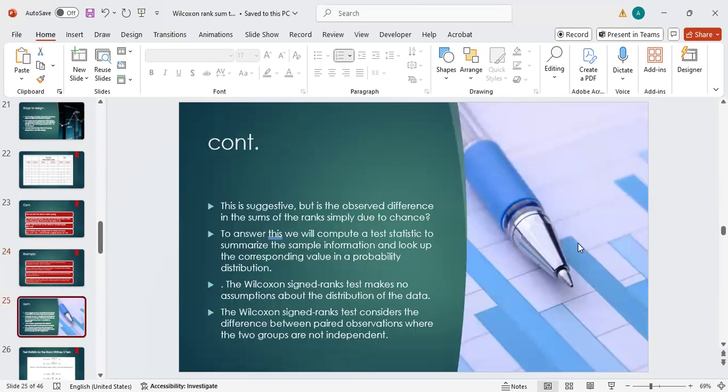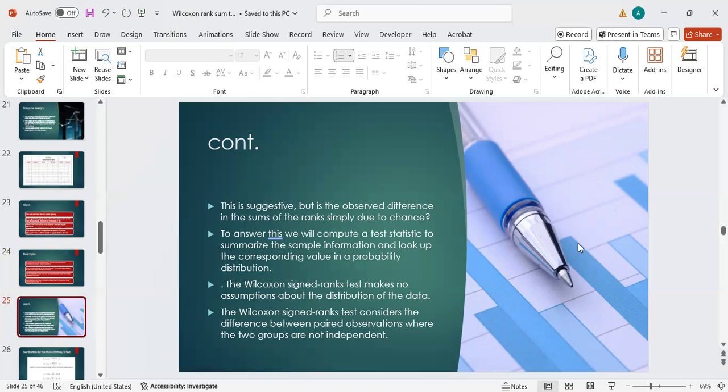This is suggestive, but is the observed difference in the sum of the ranks simply due to chance? To answer this, we will compute a test statistic to summarize the sample information and look up the corresponding values in a probability distribution. The Wilcoxon